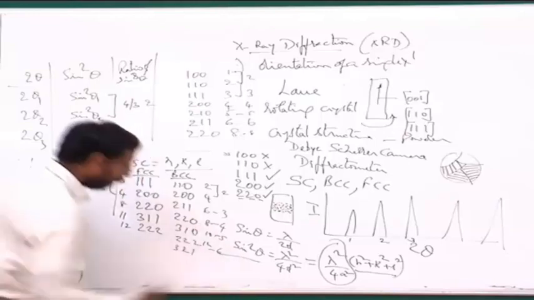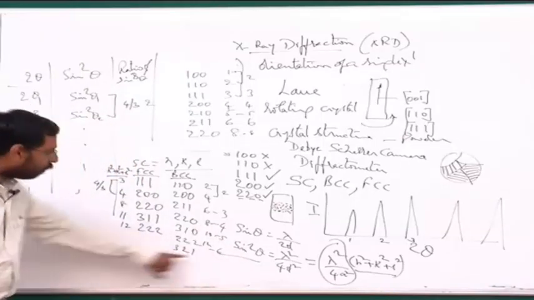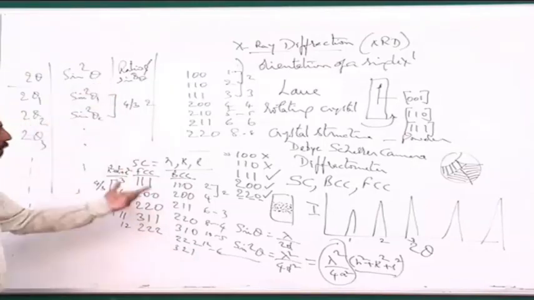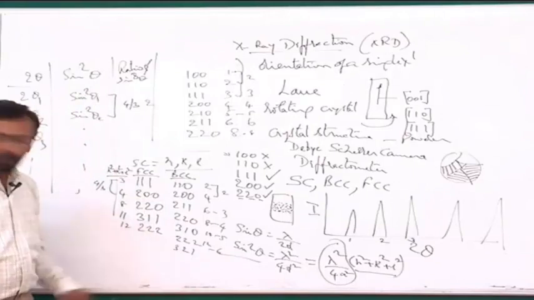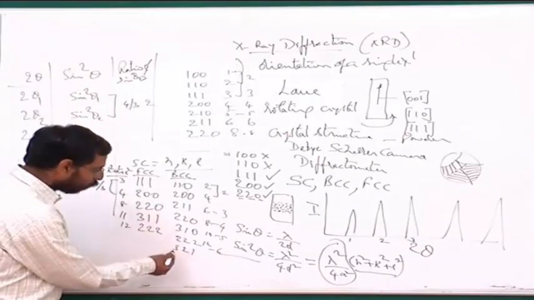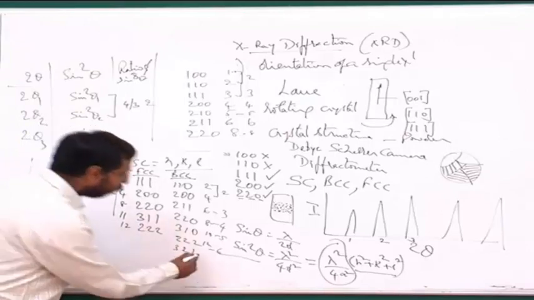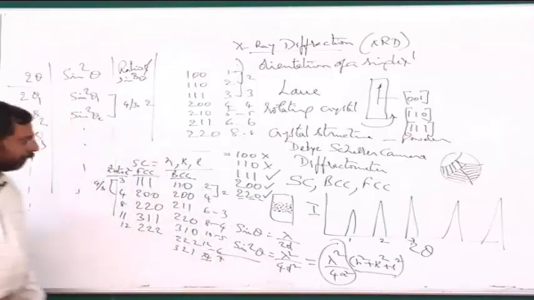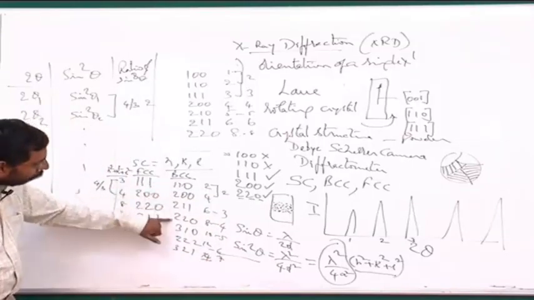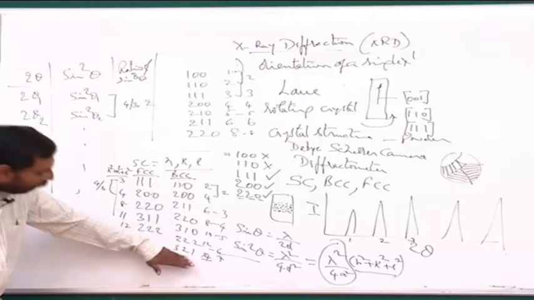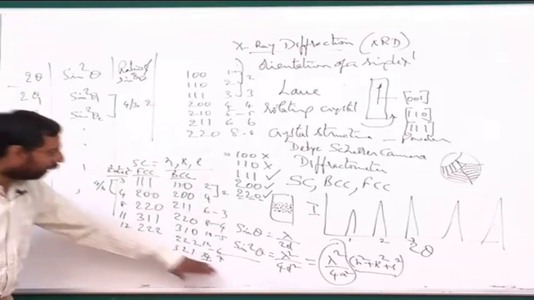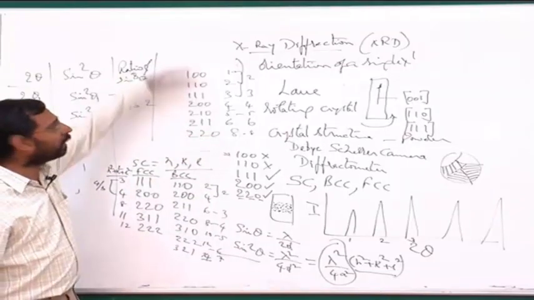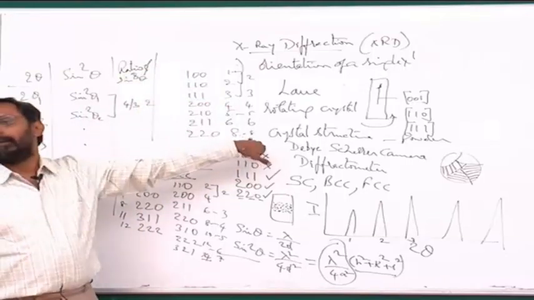The summation is always even. You can see 3 plus 2 plus 1 is even. So that means BCC is the one where this should be even, so this is also possible. If I take the squares, 9 plus 4 plus 1 is 14. So take the ratio of this to this, you will see it is 7. So if you see the first peak, second peak, third peak, up to the seventh peak, and take the ratio of the seventh peak to the first peak, it is always 7 in a BCC, and it is 8 for the simple cubic.